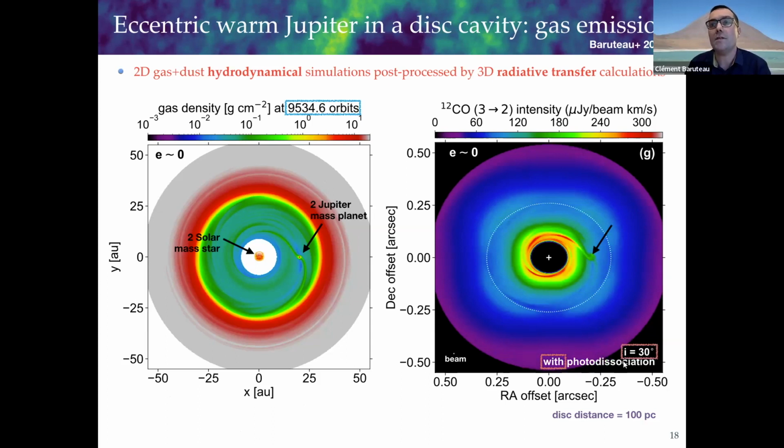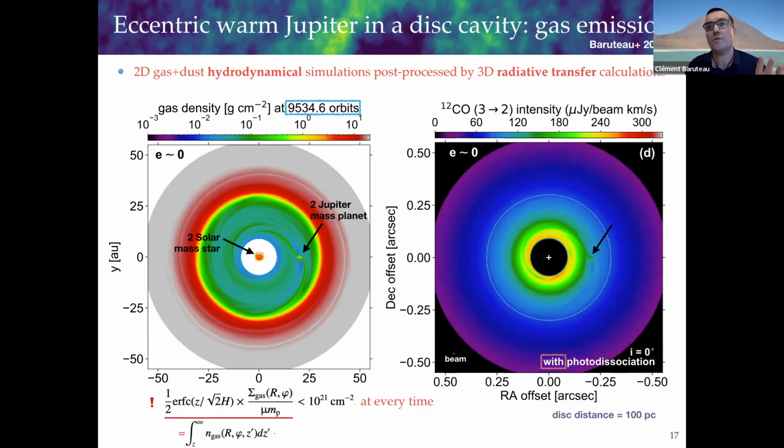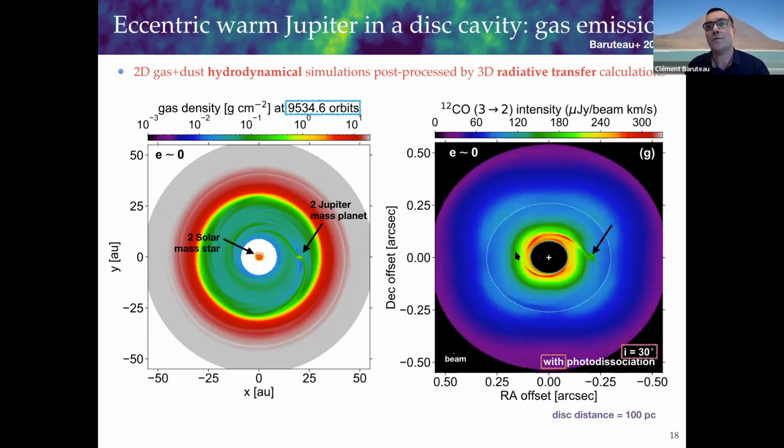Now, taking the inclination into account, we basically see the same kind of structures as before. I'm just showing you before and after, but we do see this sort of four-lobe structure that I have already talked to you about, and which has to do now with the emission outside the cavity being optically thick. And as the disk is inclined with respect to the line of sight, we get to see emission coming